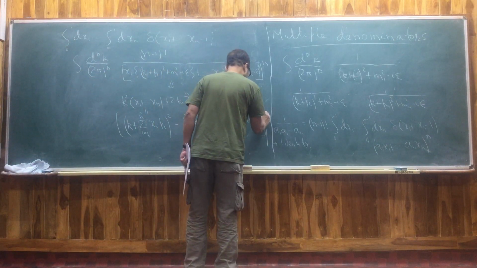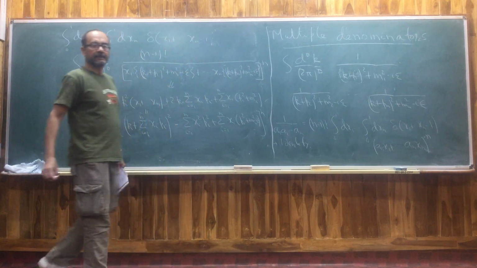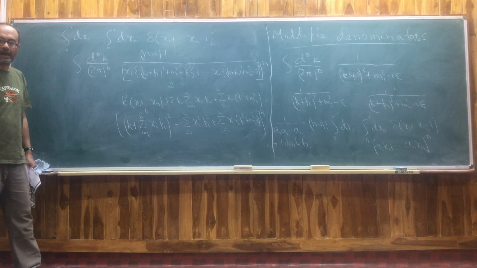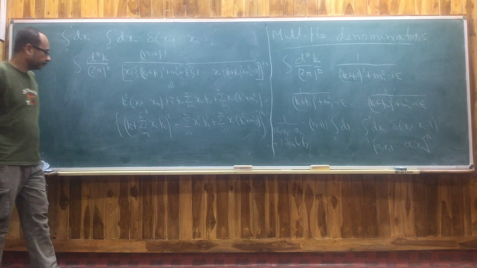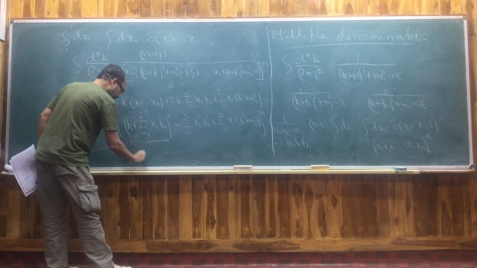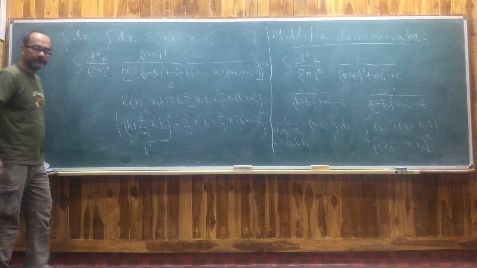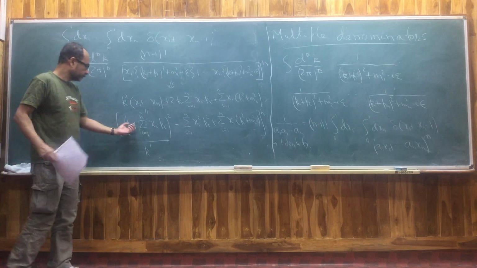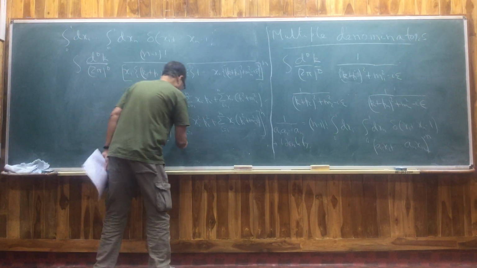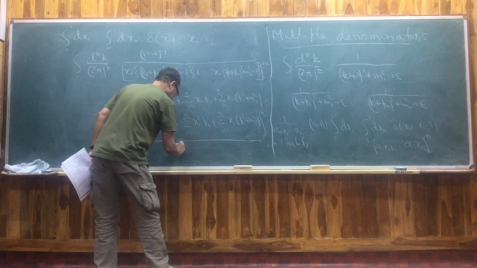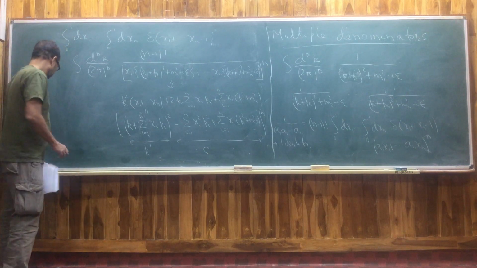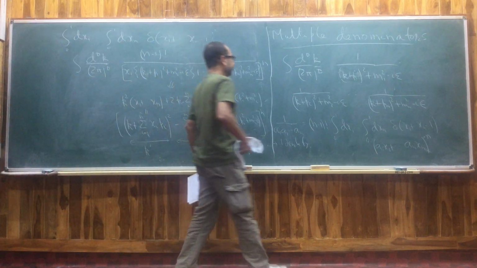But once you are doing Euclidean, you don't really need the i epsilon. The i epsilon is needed when you do the Lorentzian integral, because then you have to keep track of other poles. But now we are done, right? Because this you define as some new variable k prime, and this you call C. So using this we can write this integral